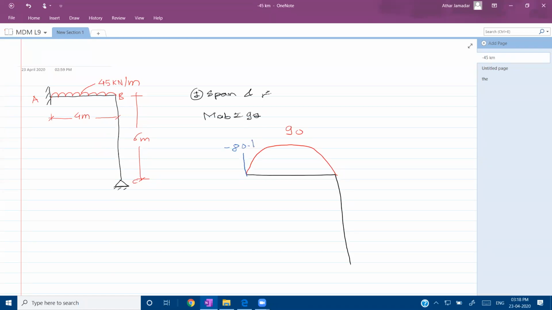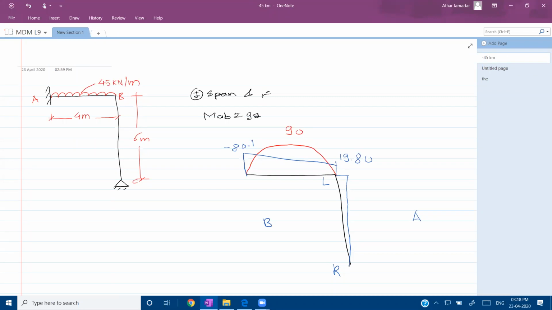Now MBA is 19.8. So at the right support, positive moment above the baseline, like this, 19.80. Now for column BC, B is the left support and C is the right support. If B is the left support and C is the right support, this will be above part and this will be below part. So now for MBC, which is acting at the left support, so left support negative moment of minus 19.80, so it should be drawn above side, and finally MCB is 0.